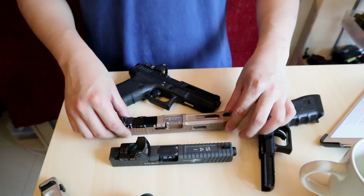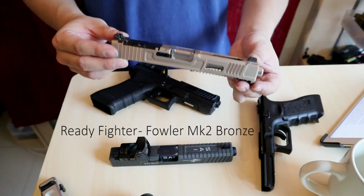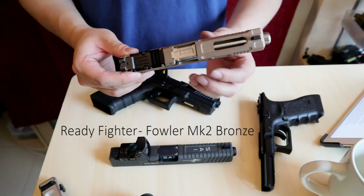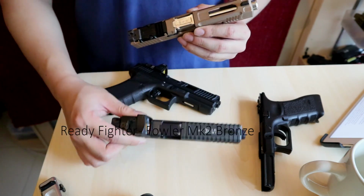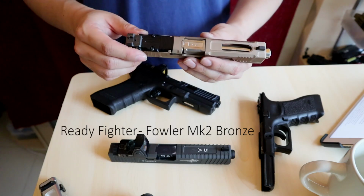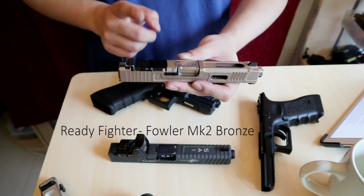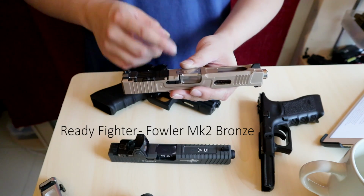However, for the next slide kit that I have right over here, this is a Ready Fighter Fowler Industries Mark II slide, which I just recently posted a video on. This slide kit comes with an RMR cover plate. That's pretty cool, whereas this one doesn't come with a cover plate. So this means that I don't have to run an RMR. I can just put the cover plate on and run it with the sights that it comes with. In this particular situation, this kit also comes with a set of iron sights, which are made out of steel,